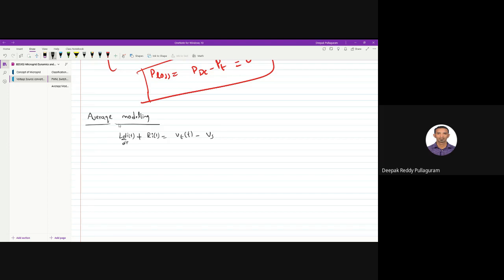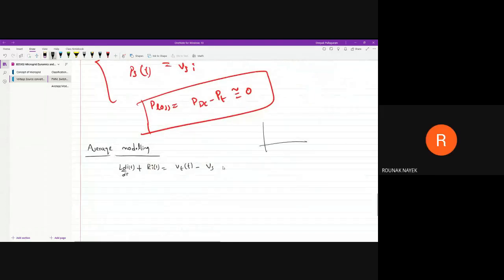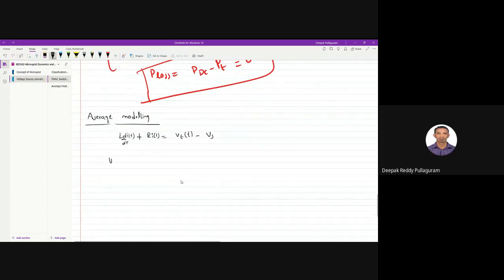Now, if I want to get an average value, how do I do it? For one full cycle, I need to integrate it, isn't it? For an average waveform. How do I get an average value? Integrate it. So if I want to calculate average voltage, first I should calculate the average voltage. I'll just write a formula and leave it. I know I exceeded 2 minutes of time.